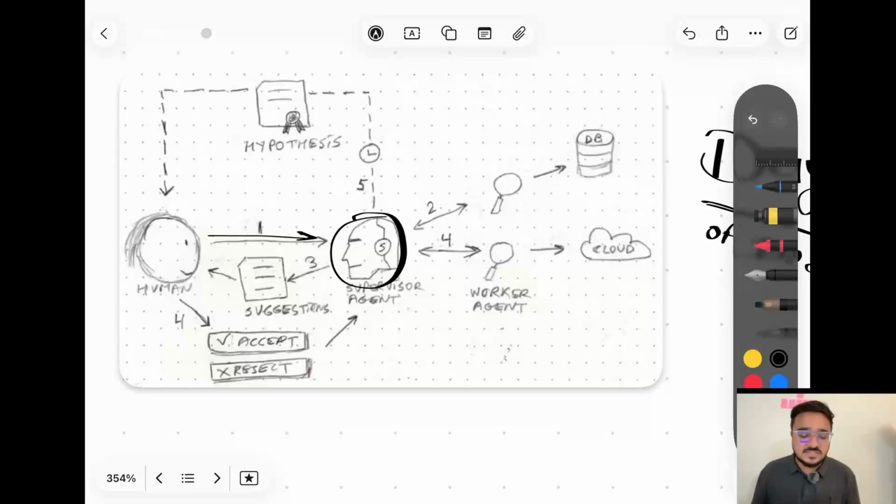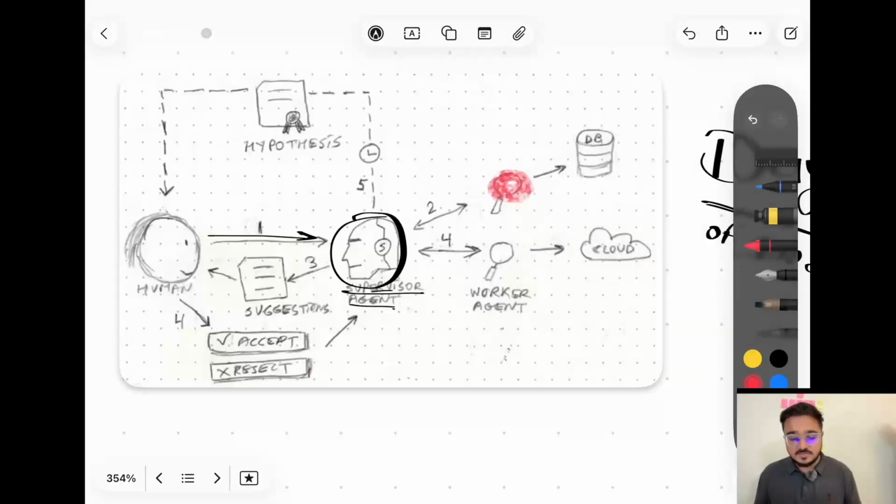The agent has multiple agents. This is a supervisor agent, the main agent which is going to divert the work to other agents. But there are other agents who are specialized in doing specific things. So one specialized agent is doing